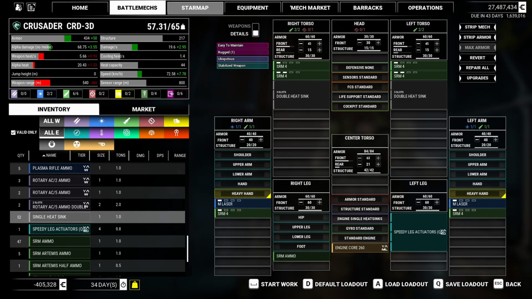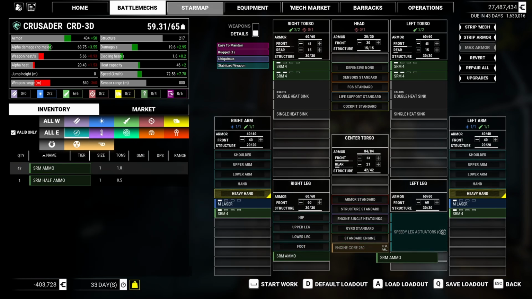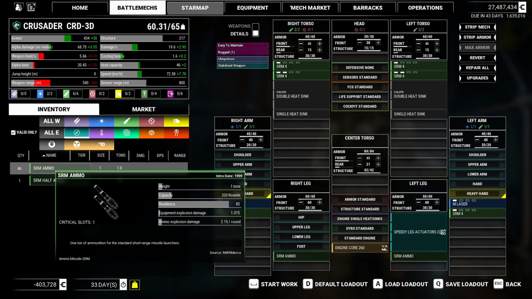Let's see, what else can we do here? We could do singles too. We may not have a choice but to just fill it out with singles, but we still got to put some ammo in. So let's see if we can get some ammo. How much do we got here? 320, 320, that's 640. I feel like if we put in 3